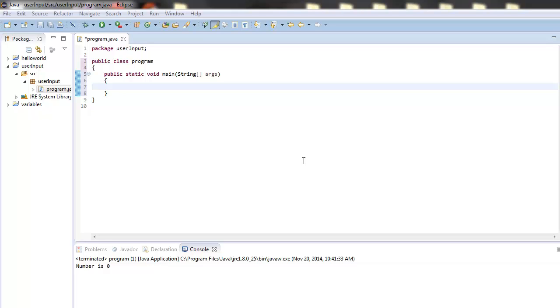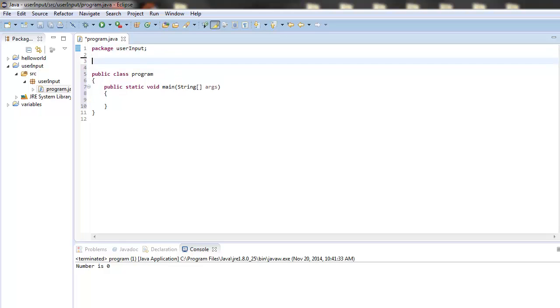Now, in this episode, I'm going to show you how to actually get some user input, so our program can do a little more than just print things to the screen. It can actually ask for input. So, the first thing we need to do in order to get user input, for this episode, we'll be getting it from the console. What we need to do is import the